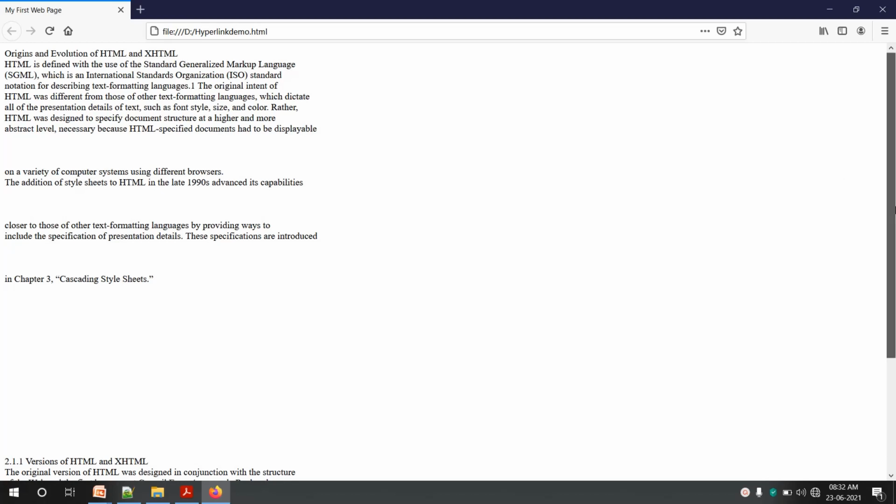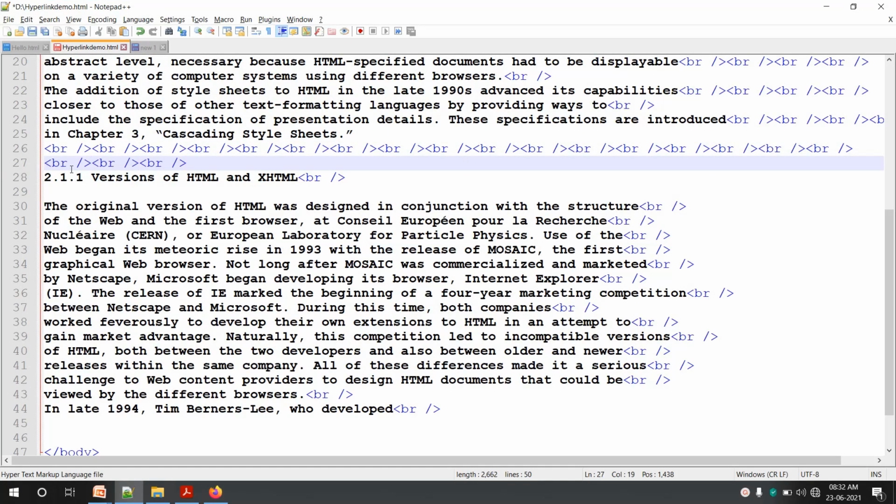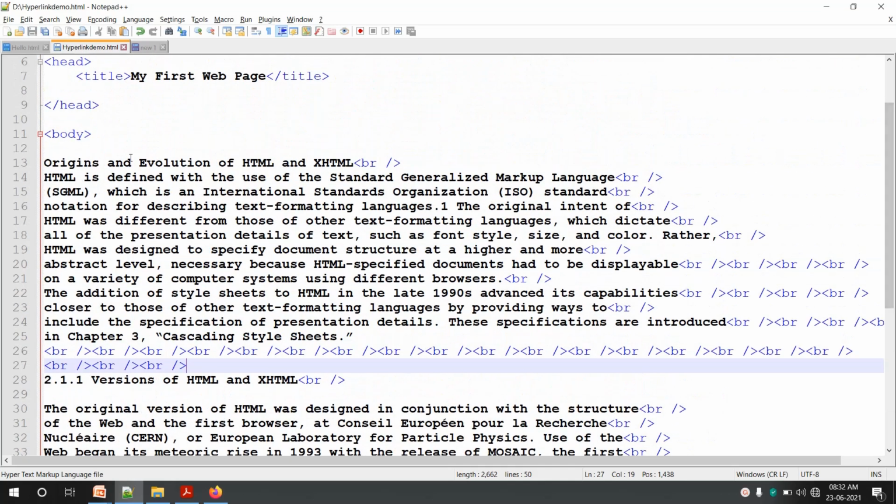Now to demonstrate this I'll just use this document. To create hyperlinks to a part of a document, you need to mark the parts of the document. So what I'll do is mark the parts of the document. How to mark the parts of a document?